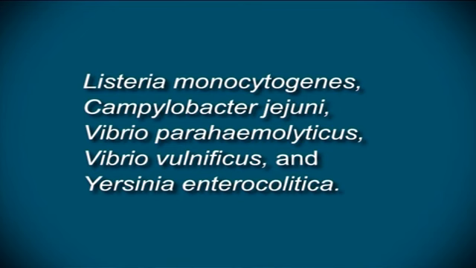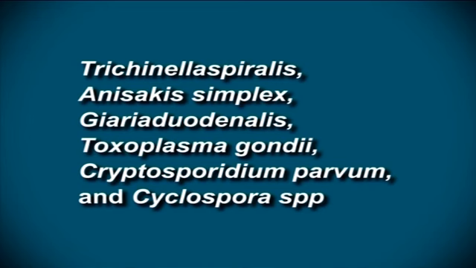The foodborne bacteria that cause infections are Salmonella species, Listeria monocytogenes, Campylobacter jejuni, Vibrio parahaemolyticus, Vibrio vulnificus and Yersinia enterocolitica. The most common foodborne parasites are Trichinella spiralis, Echinococcus granulosus, Giardia duodenalis, Toxoplasma gondii, Cryptosporidium parvum